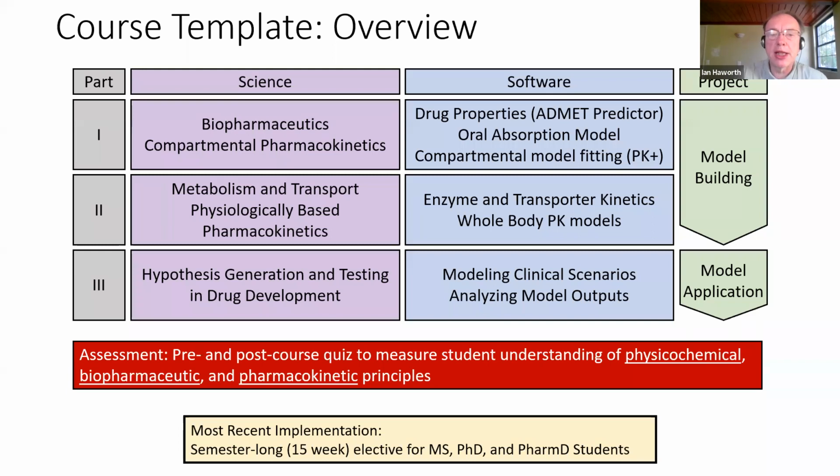We do a pre and post assessment, which I'll talk about at the end, to assess the developing understanding of these physical, chemical, biopharmaceutical, and PK principles. And just to finish off this section, our implementation of this course was over 15 weeks. Each of these parts 1, 2, and 3 are about 5 weeks. And we had a mixture of MS, PhD, and PharmD students in the course, 19 students in total. So I think before I hand this over to Noam for the real meat here, we're going to go to, I believe,